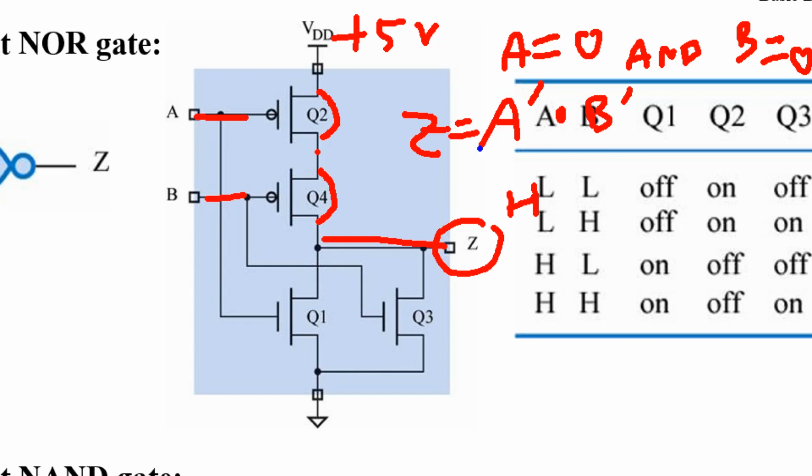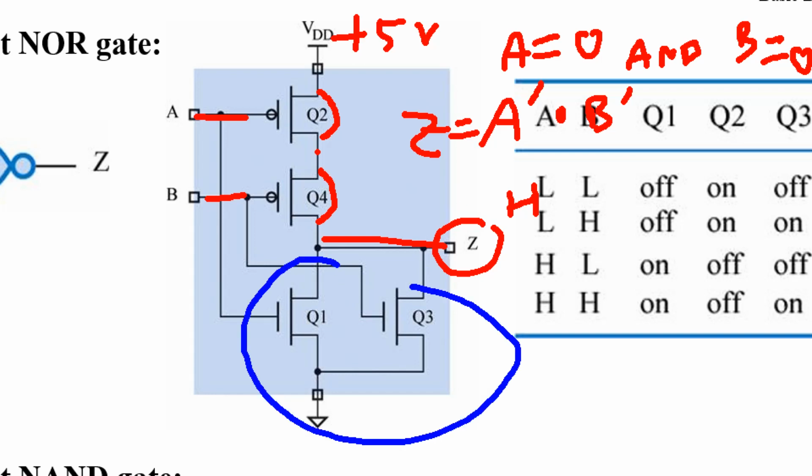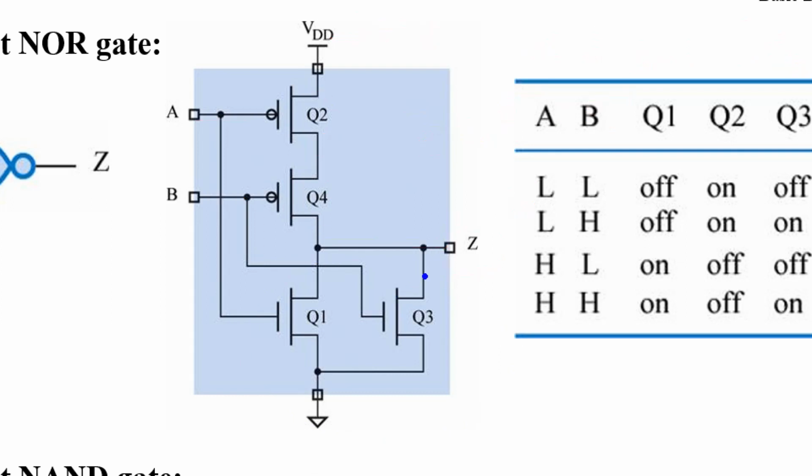Or you can consider the lower part of the circuit. If you consider the lower part of the circuit, if one of these transistors turns on, the output will be 0. So the question is, when will output Z be 0? When this one or this one turns on, right? Because this one is controlled by A and this one controlled by B,